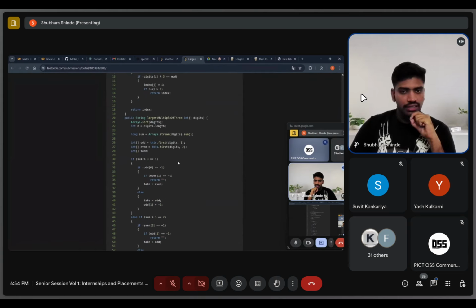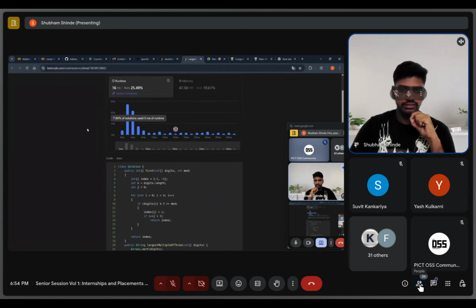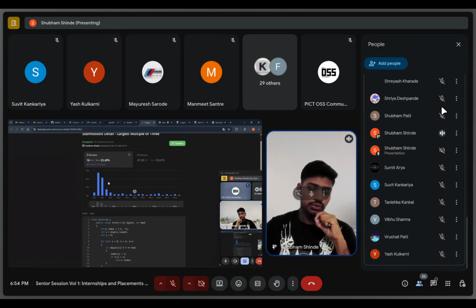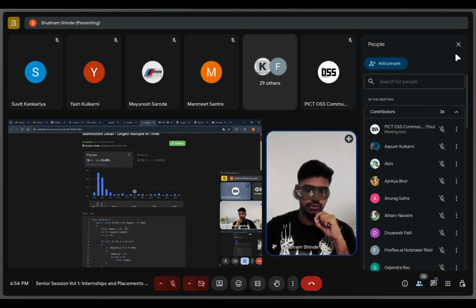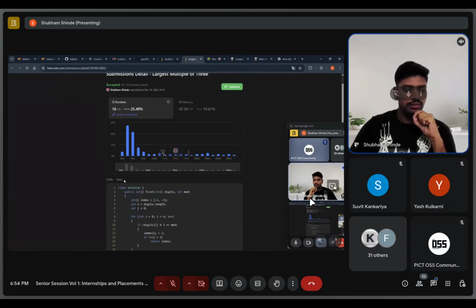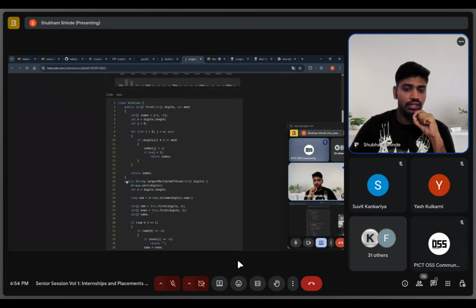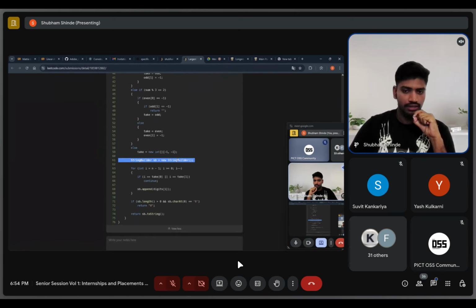Another thing is that while solving any type of problem, this is basically a Java problem, so you should know the Java solution. You should know all the things about Java, because I have used StringBuilder here. In Java there are three options for strings. One is the String class, another is StringBuilder, and the third is StringBuffer. All three have different behaviors. So why are you choosing StringBuilder?